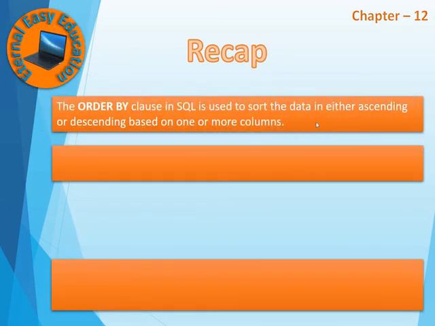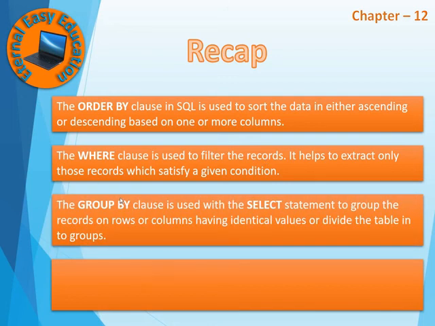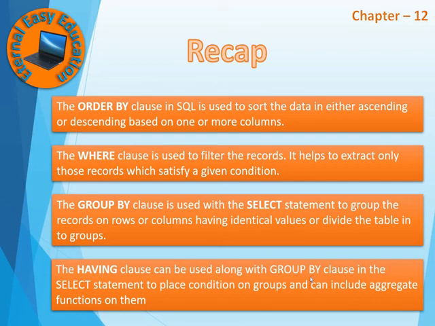Then order by is used to sort the data in either ascending or descending. Where is to select the records or filter the records based on the given condition. Group by, we can group the rows and column with the condition, group by age. Then having clause can be used along with group by. So we need a group by to use the having. So we group the age. From the age we selected the count greater than 4 or 3. So these are the clauses coming along with the DQL command.